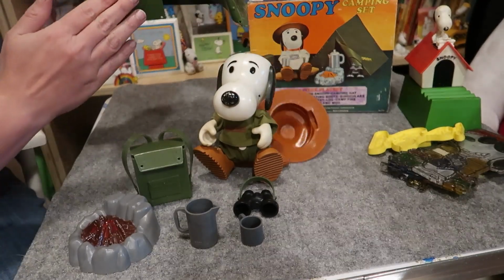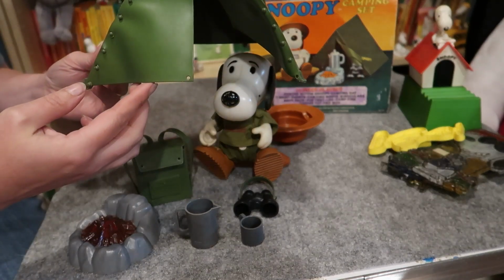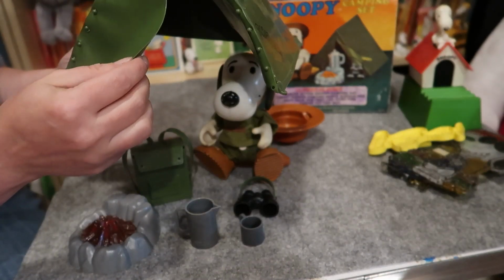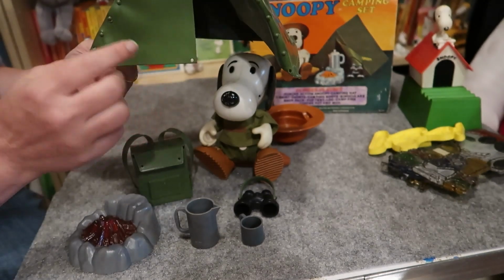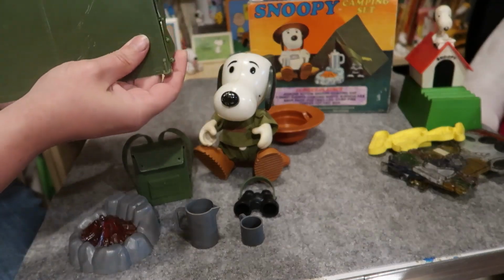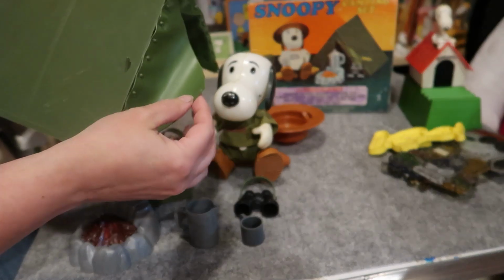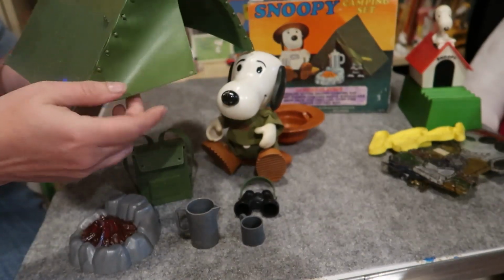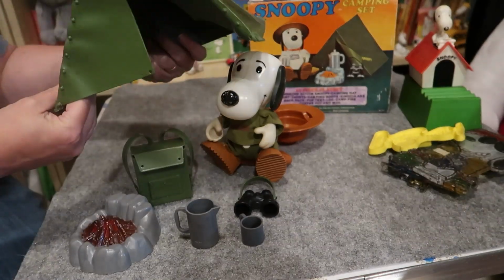It looks to be in decent shape. I could imagine that this vinyl would get damaged because it's just vinyl. And there are all these little holes in it to attach it to the tent. Also on the side here, we have a little post where you would take that end of the tent and stick it over there so you could have the tent open, which I'm not going to do